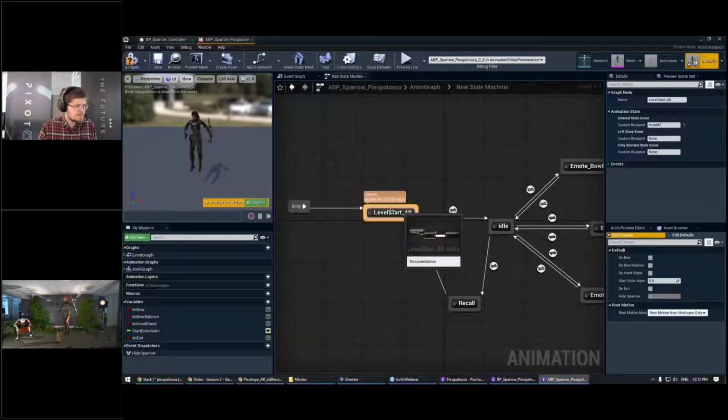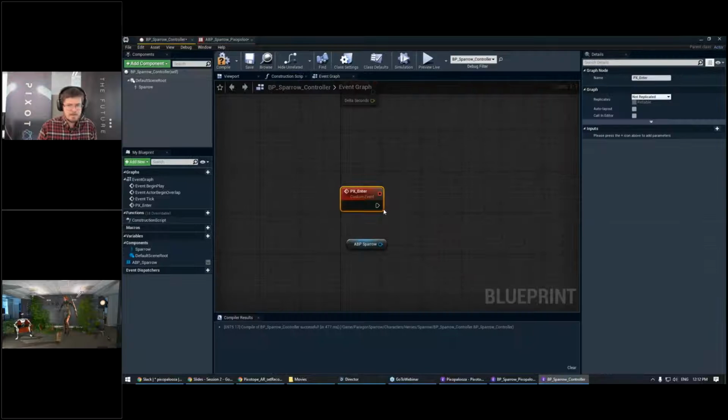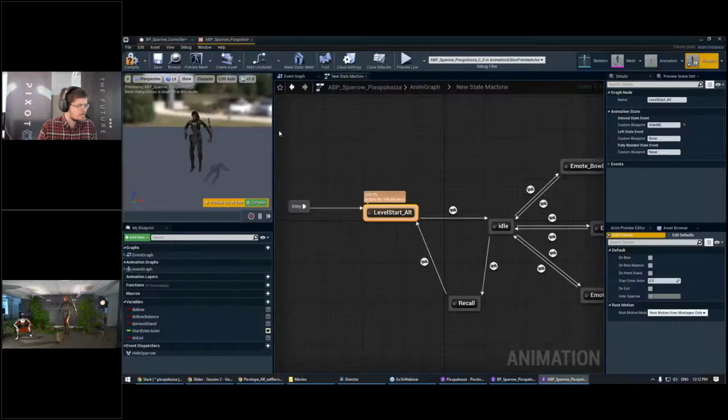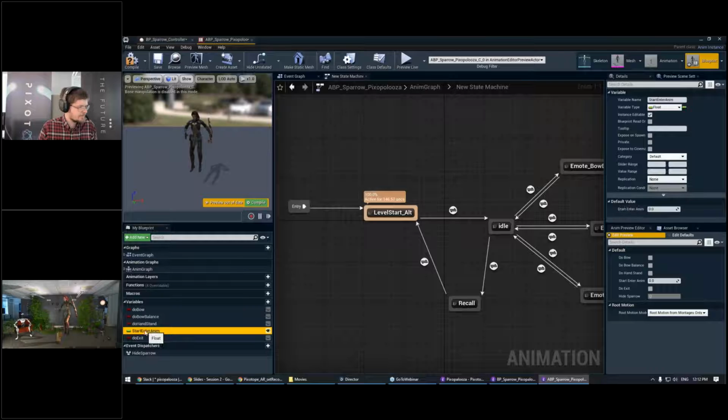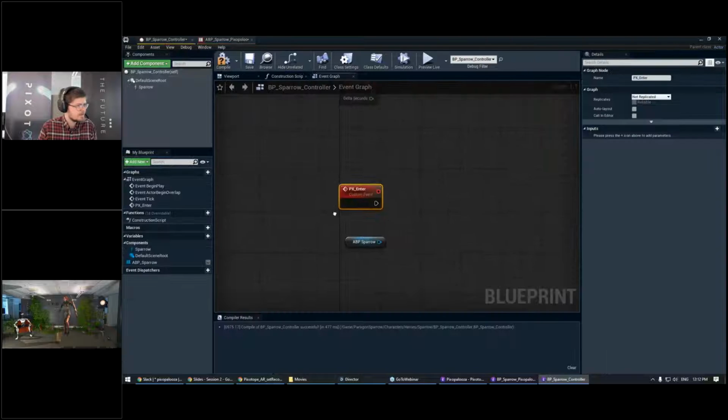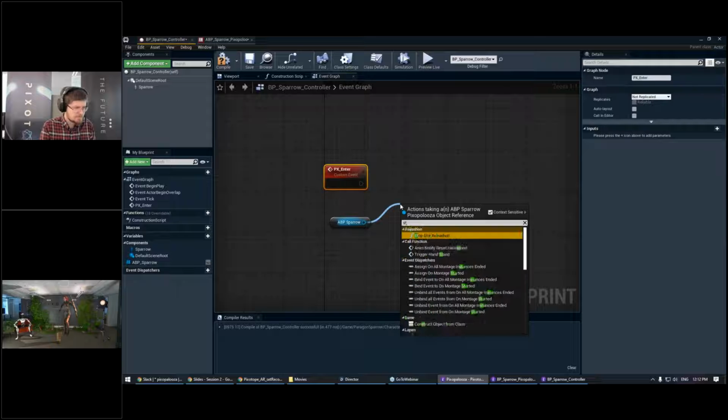Because the moment this animation starts playing, it will automatically transition to idle when the animation is done. Luckily, we don't need to know what the animation is. We already have a variable that we just need to change, which is called start enter animation, which is the play rate for the start animation. So let's pull out from animation blueprint Sparrow, search for,